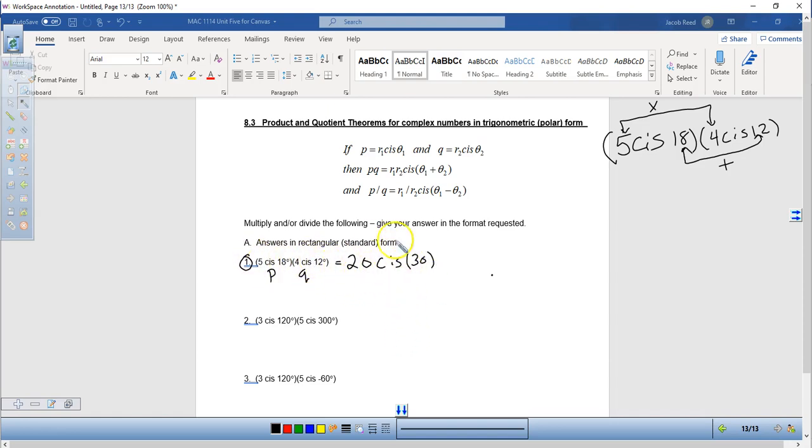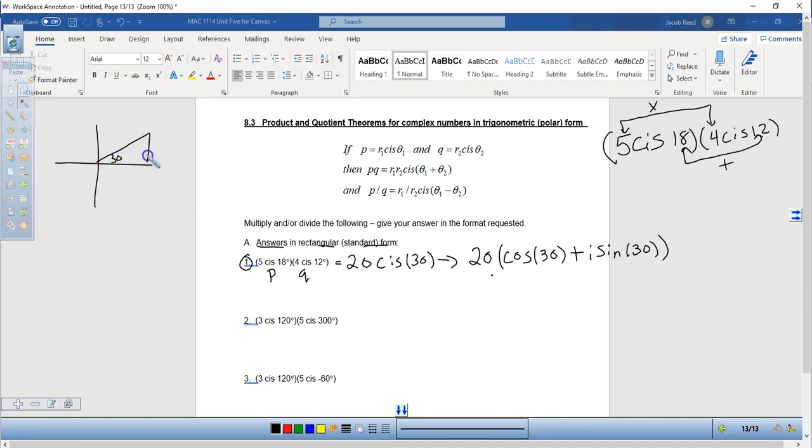Now, this is the simplified version of the multiplication. The answer must be in rectangular form, which means I've got to get this to rectangular, which is easy. We expand: cosine 30 plus I times sine of 30. And I change them and multiply. What is cosine of 30 degrees? So just as a reference,